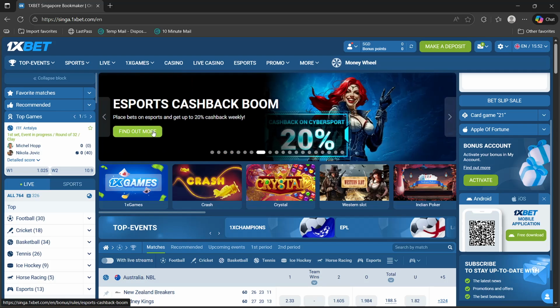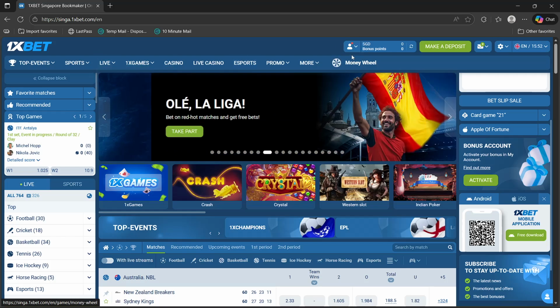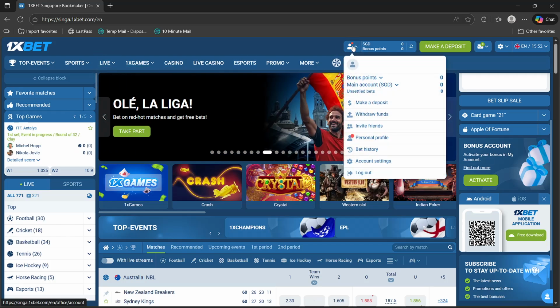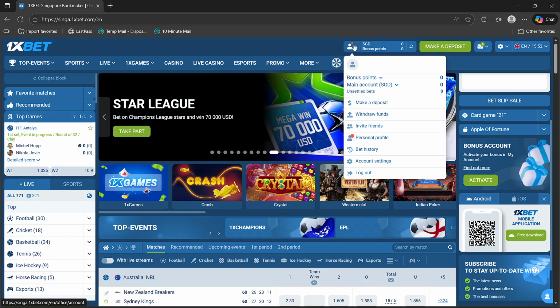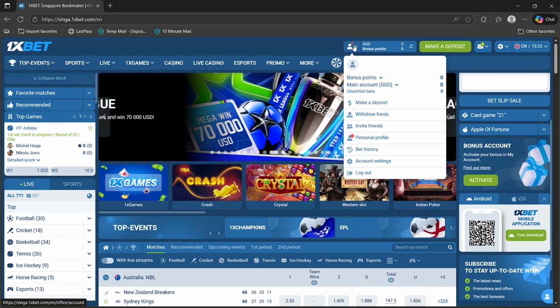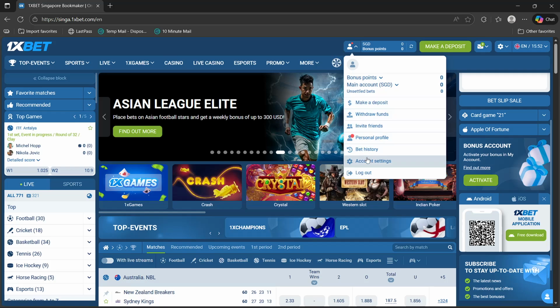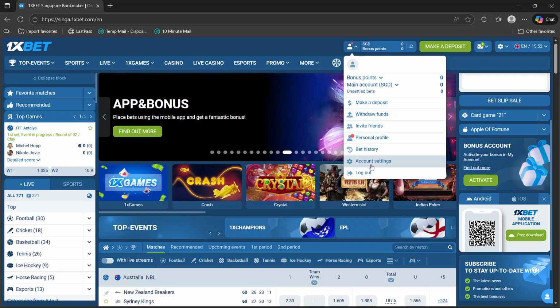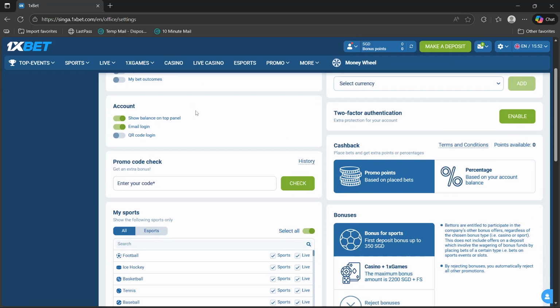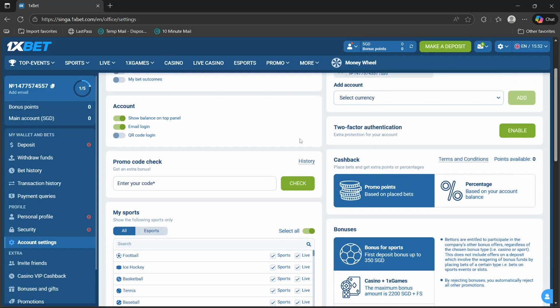So the first thing that you will have to do is of course log into your account. And now that you're here, you will just have to click this profile icon right here, and then you will look for account settings and just wait for it to load. And now that you're here, you will just have to